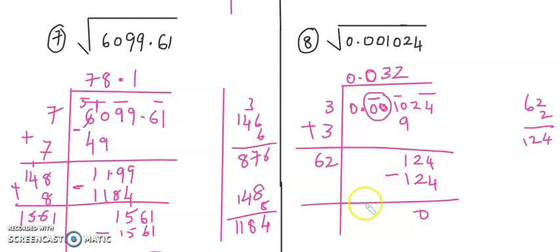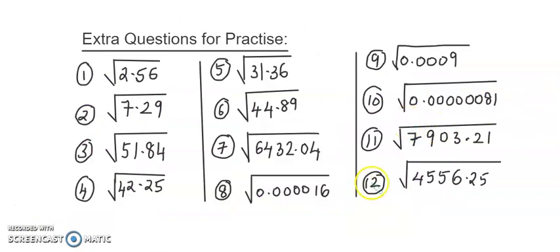Am I clear? The pairing on the right side of the decimal, you will start from the right to left. On the left side of the decimal, you start from right to left, and on the right side of the decimal, it's left to right. I'm sorry for confusing. Again, on the right side of the decimal, you will move from left to right. On the left side of decimal, you will start from right to left. Okay, I've taken some extra practice questions. Hope you understood it. Thank you.